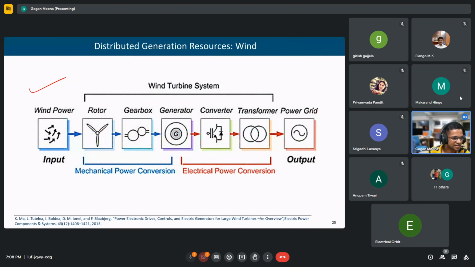We all know which energy is converted into which energy in a wind energy system. What happens? Conversion happens from which type of energy to which type of energy? Kinetic energy to electrical. So first it's kinetic, then it becomes mechanical. Up to this point it is mechanical, then it becomes electrical. So finally we can say it's kinetic ultimately to electrical.